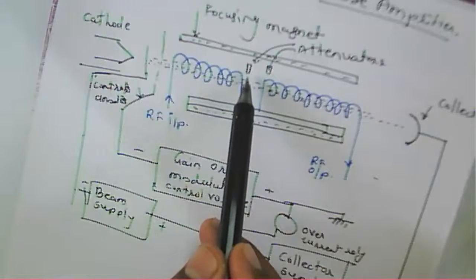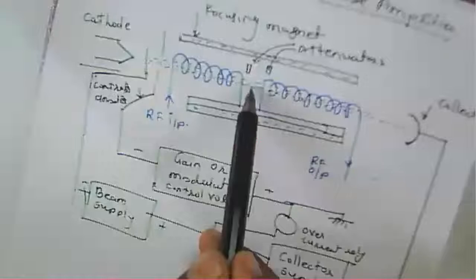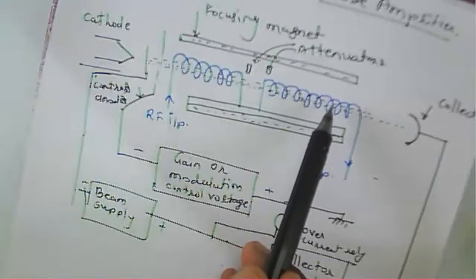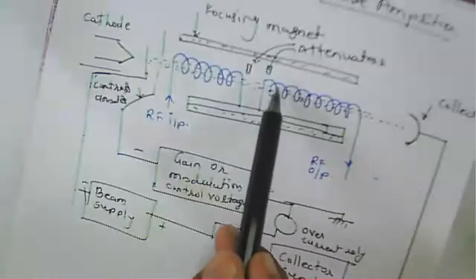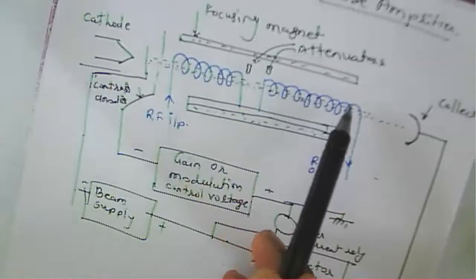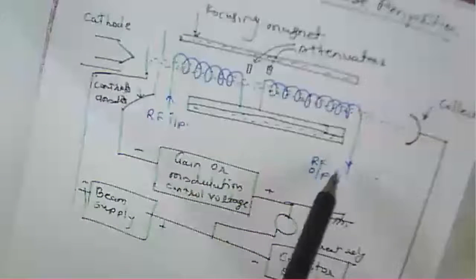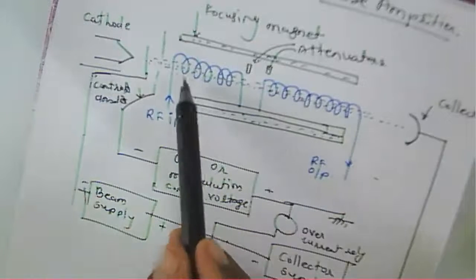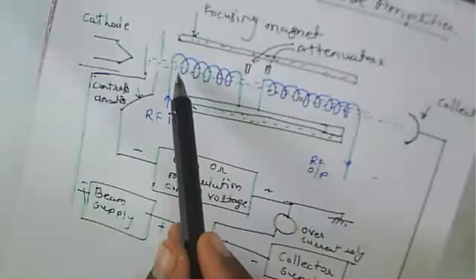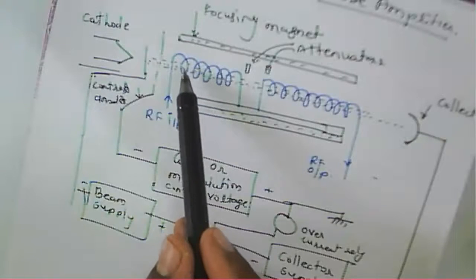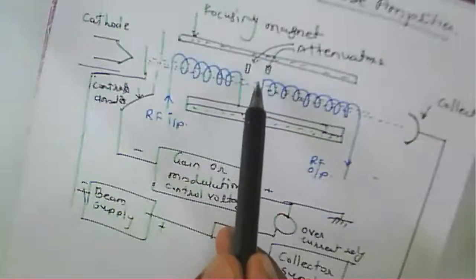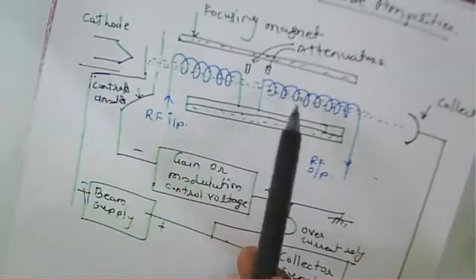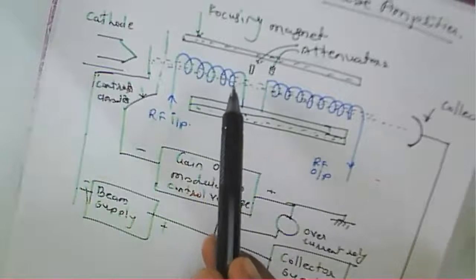Again, an attenuator is placed here. Attenuation takes place, and then the same signal propagates throughout this helix and gets amplified again. Why is this attenuator used? Suppose at the output end some cavity or something is not matched, then a reflected signal comes back to this helix at this particular place, and the same signal propagates through the helix again and is amplified. If we are not using an attenuator there, whatever reflected signal is there will get amplified.